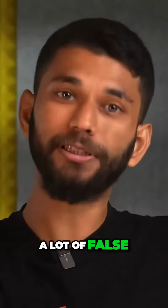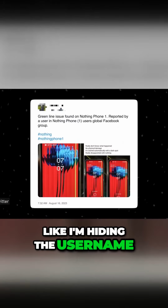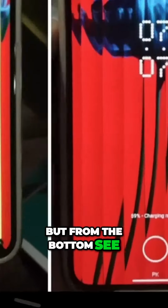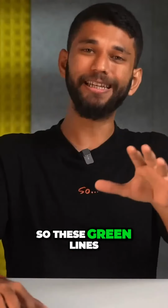Now there are a lot of false cases floating around as well. Like, I'm hiding the username, but have a look at this tweet. If you see, there is a green line in the image, but from the bottom, see, the display is damaged. So these green lines will also appear